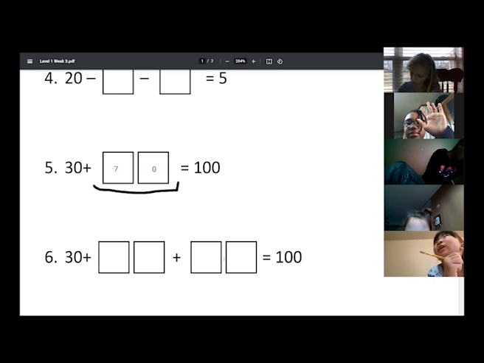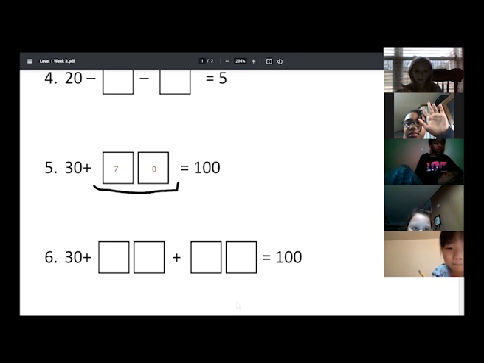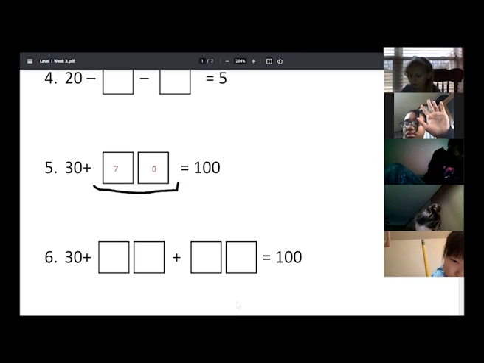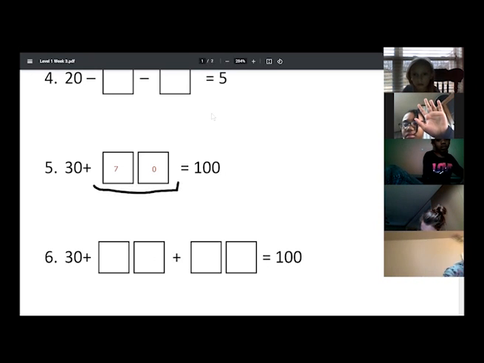McKinley, do you have an idea? 15, 30 plus 15 equals 45 and plus